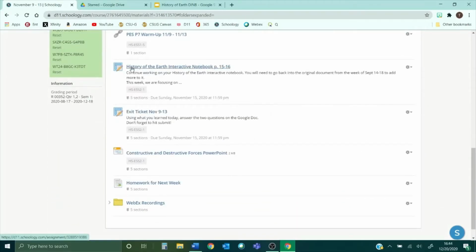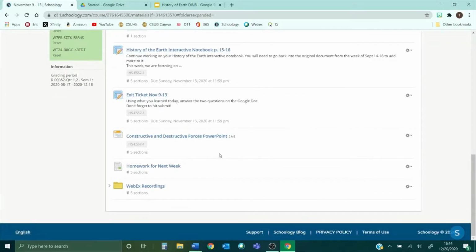And then you can see here, I have an assignment. It tells my students to complete these pages in their interactive notebook. I have an exit ticket, and then I also post the resources for my students. So I have the PowerPoint from the video for this week, and then I also have their homework